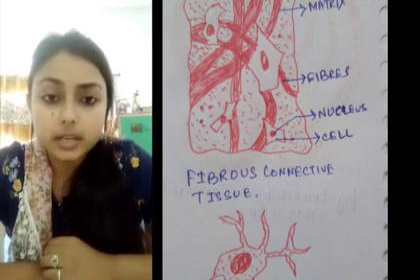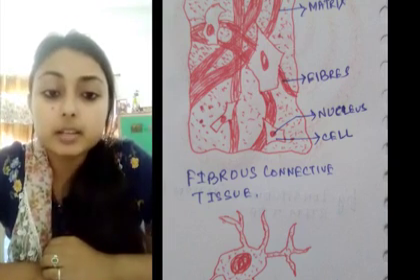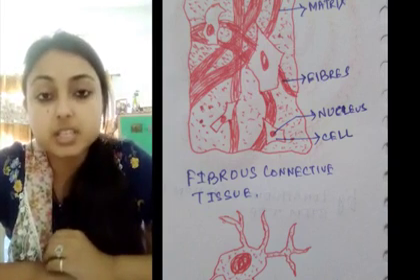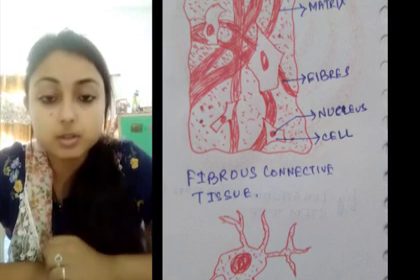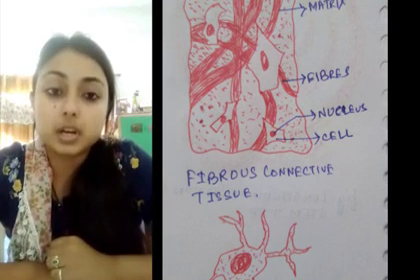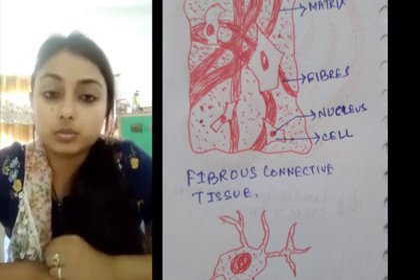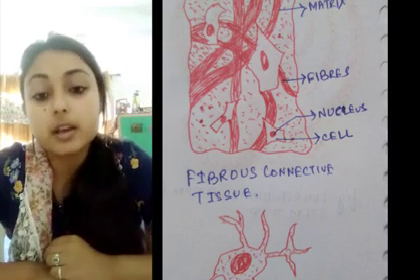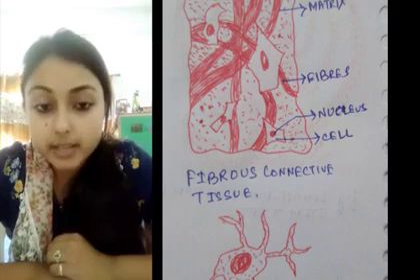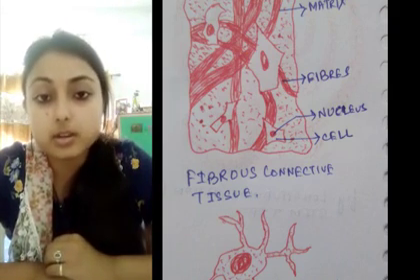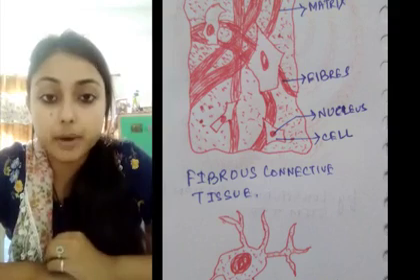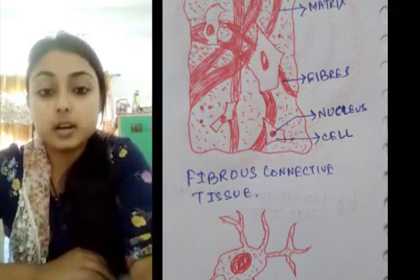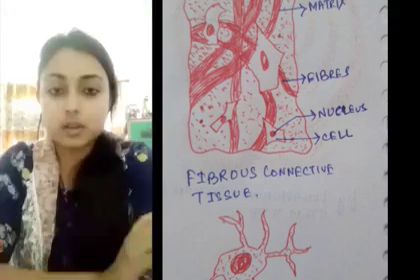Now, what are tendons? Tendons connect muscles to bone. Ligaments connect bones to bones. Fascia binds our skin to the underlying structure. And the last one is the adipose tissue. The next